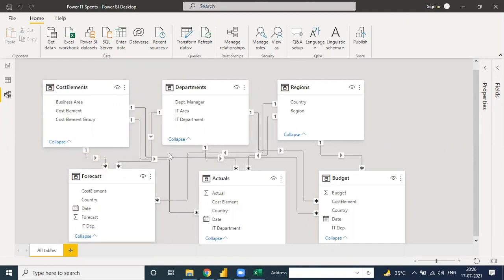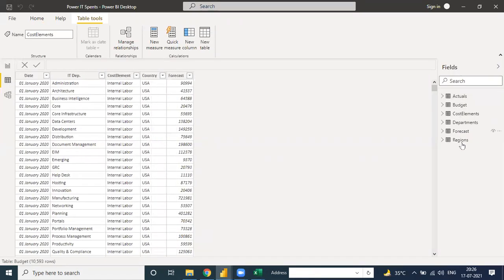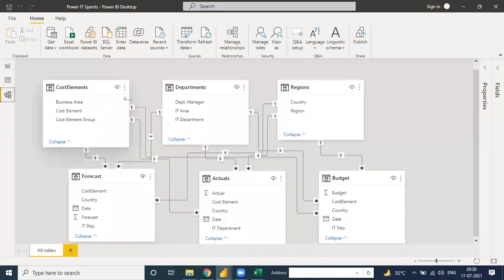Any doubt? Because it's a very important topic, relationship. When you're creating a relationship, it's very important how to connect multiple tables in just one table. It means when you connect all the tables, see actual, budget, cost, department, forecast, reason, into just a group, that's why Power BI is important, because you can convert as well as export most of the actual files into just one because of relationship. If your relationship is not good then your file is not working.